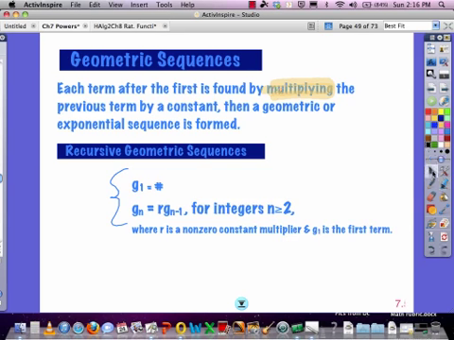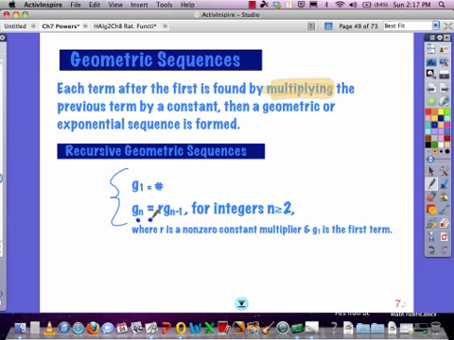We've done two types, remember, recursive and explicit. In the recursive look, you have a two-statement equation. G sub 1, or the first term in the sequence, will be a number. That'll be given to you, so some number. Then every other term in that sequence will be calculated by taking the